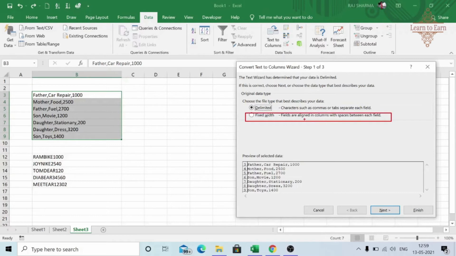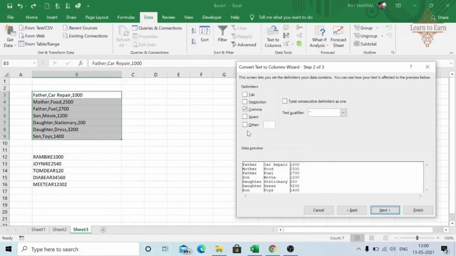Fixed width means fields are aligned in columns with space between each field. Like the first column which we want is for the first three letters, the second column for the next four letters, like that. So let us first try to do this one and choose the delimited,